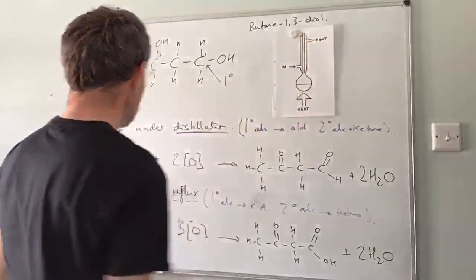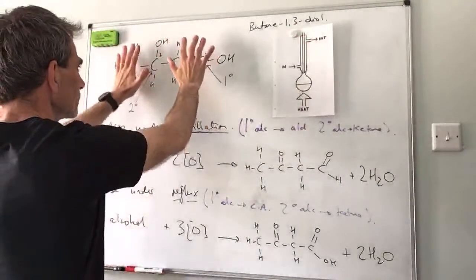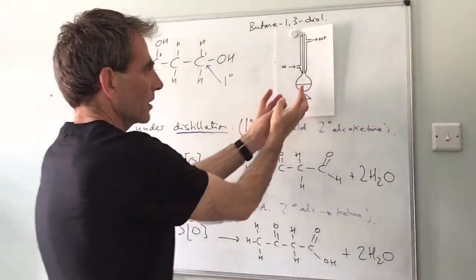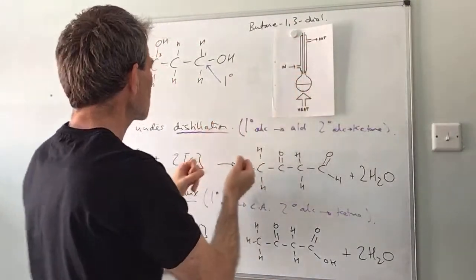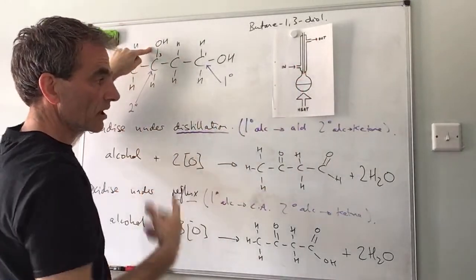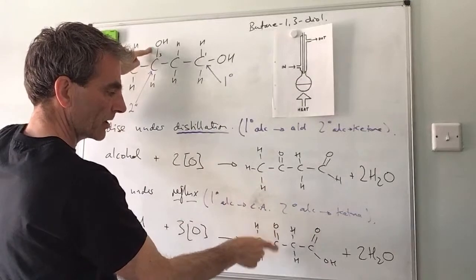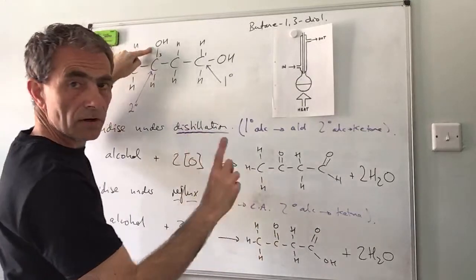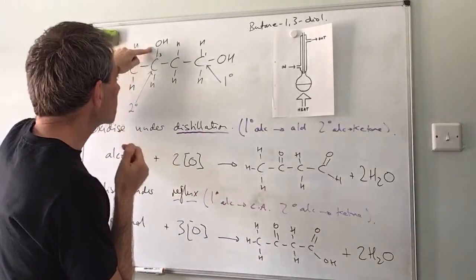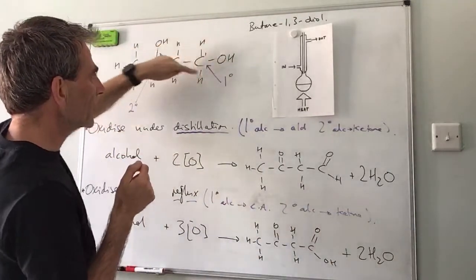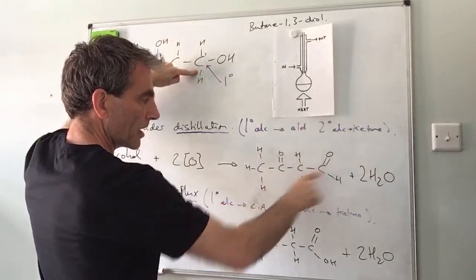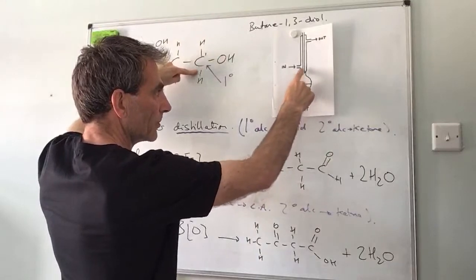So reflux. This alcohol is in there with the oxidizing agent, okay? The oxidation takes place. The secondary alcohol bit gets oxidized to a ketone, so that bit there, okay? That's 1 oxidation taking place, and 1 water molecule is formed. The primary alcohol bit, okay, the first thing that will form will be this. So this will actually evaporate up into there.